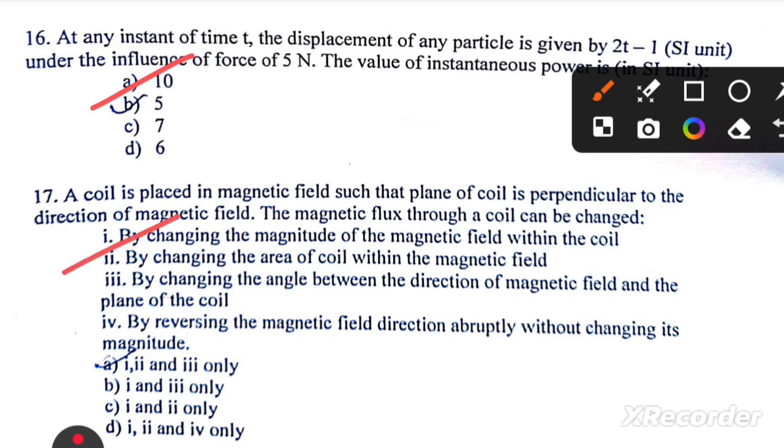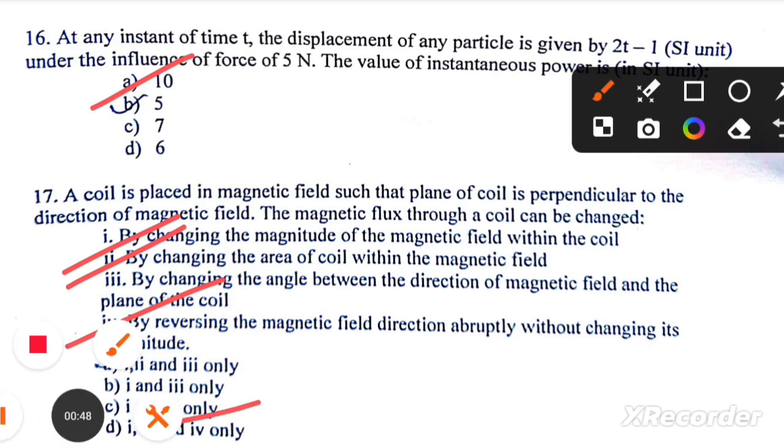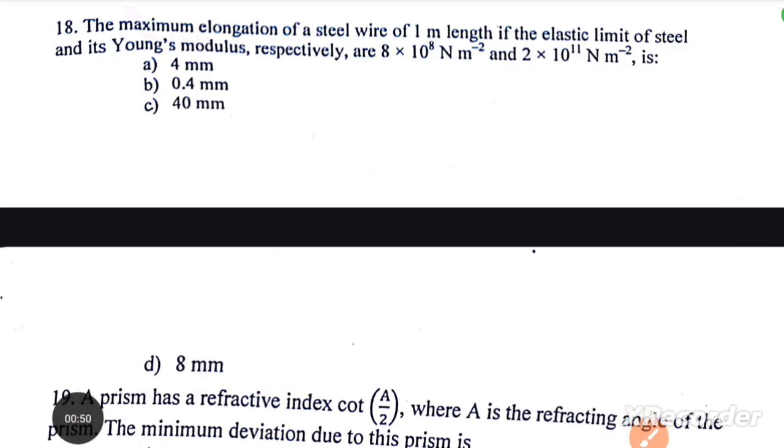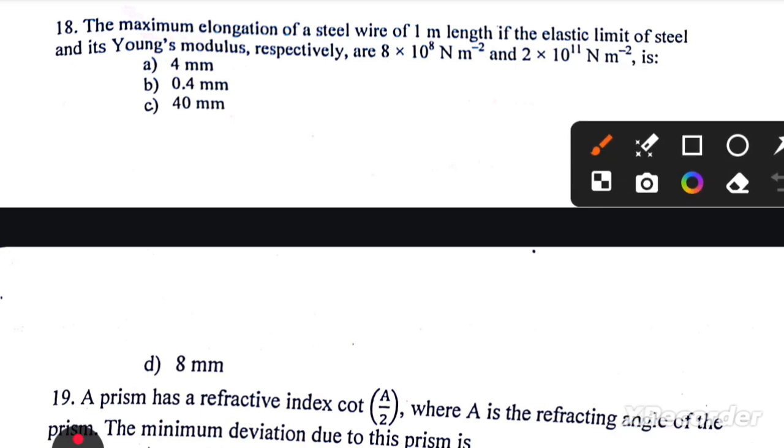by changing the magnitude of the magnetic field within the coil, by changing the area of the coil within the magnetic field, and by reversing the magnetic field direction without changing its magnitude. Option D. The maximum elongation of a steel wire of 1 meter of length if the elastic limit of steel and its Young modulus respectively are 8 into 10 to the power 8 Newton meter and 2 into 10 to the power 11 is